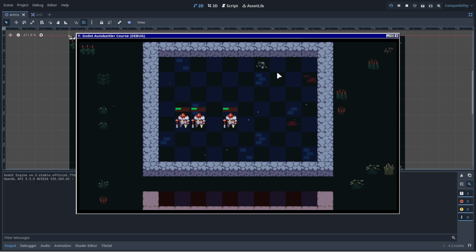In this video, we'll add the first iteration of units to the game. As you can see, we have a couple of units here on the game grid with the health bars and mana bars. We also implemented a reusable and flexible drag and drop component which we added to units, which means